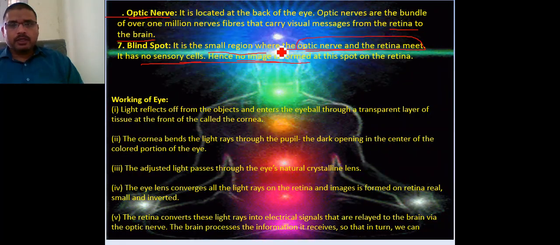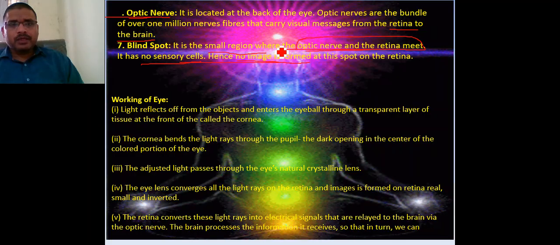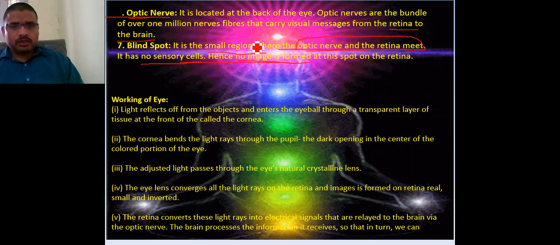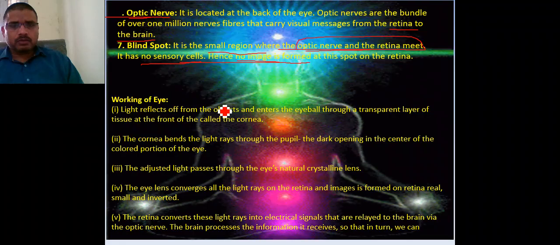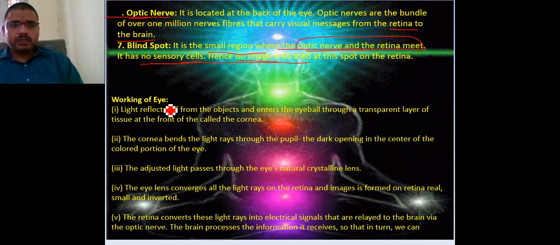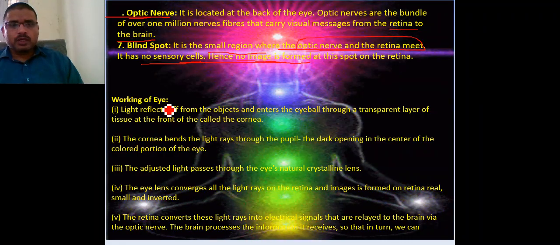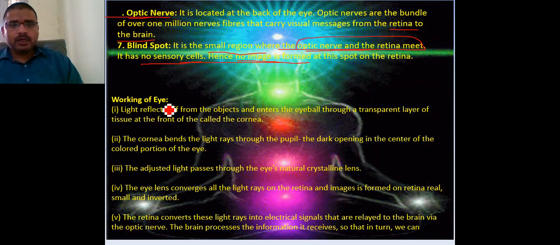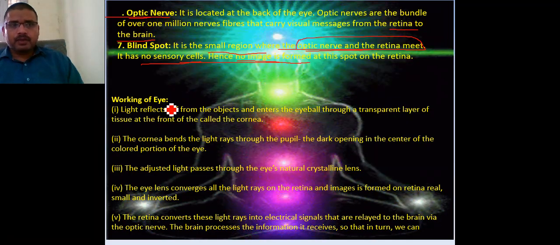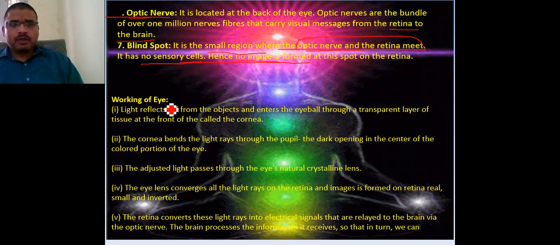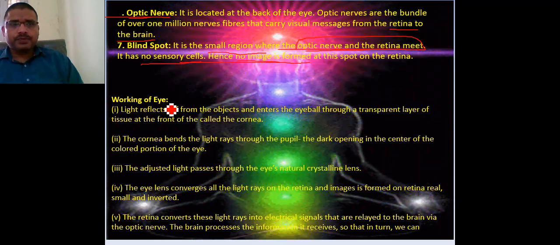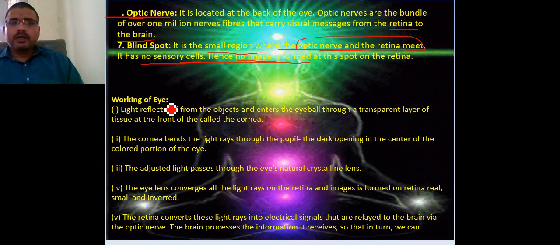This is not your part, but to help you understand more: whatever rays come from the objects pass through the cornea, and the cornea allows the light to reach the iris. The iris lets the light get inside the lens, and that light is refracted by the lens to the retina, by which the retina forms an inverted image, smaller than the size of the object.